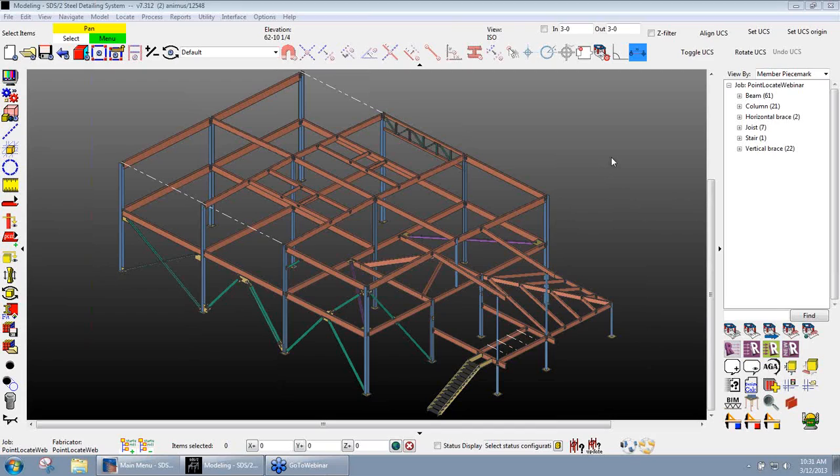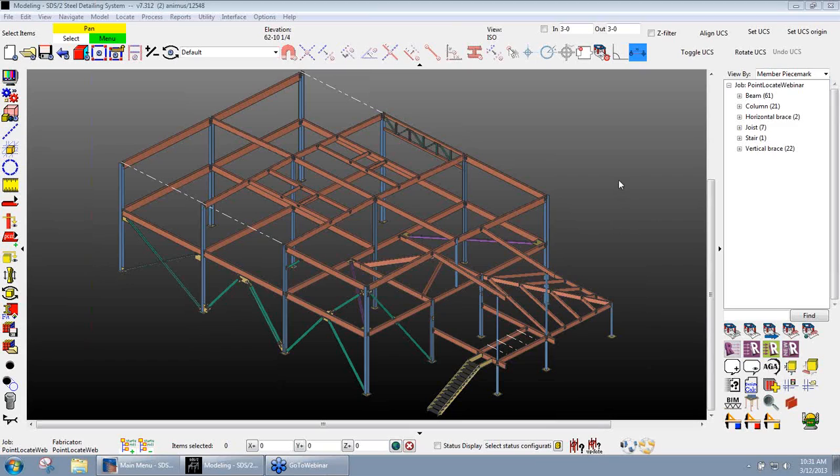So what we're going to be covering this morning is the new features in 7.3 for our point location. A lot of these things are going to make it a lot easier to locate points. A lot of them will eliminate the need for as many construction lines as we've needed in the past. Some of these things are pretty nice, and make it a lot quicker and easier to locate different items in